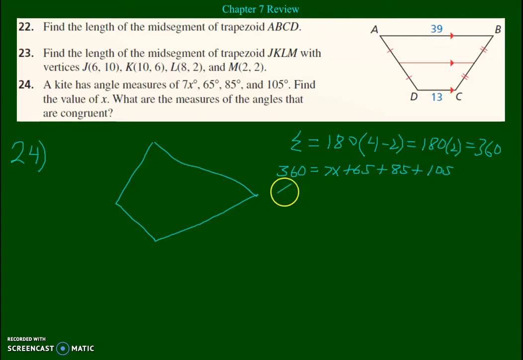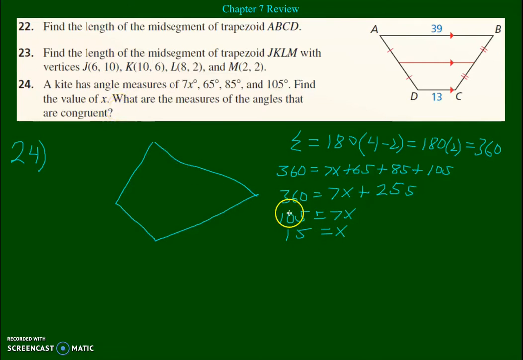So we know 360 equals 7x plus 255. Subtracting 255 gives us 105 equals 7x. Divided by 7, 15 equals x. So we've found the value of x, which is one of the things that we were trying to find,